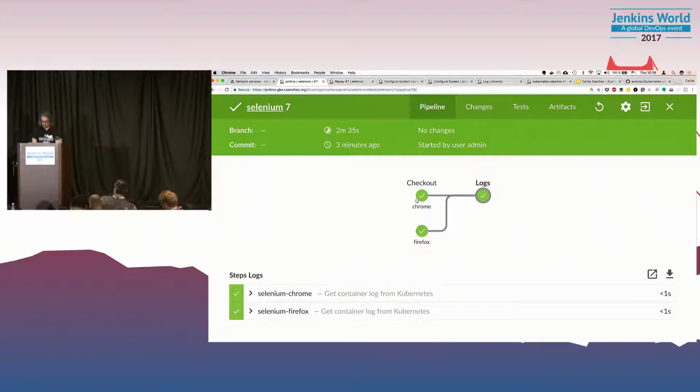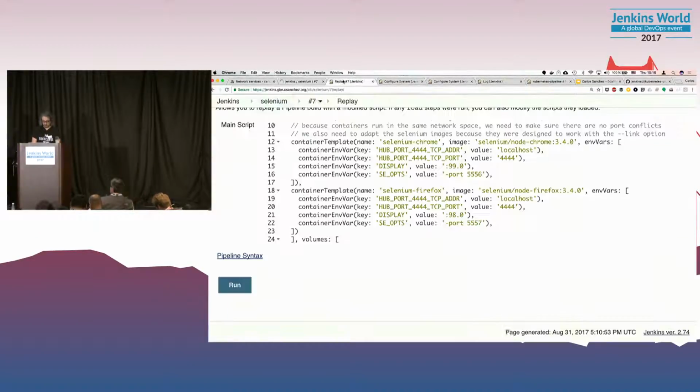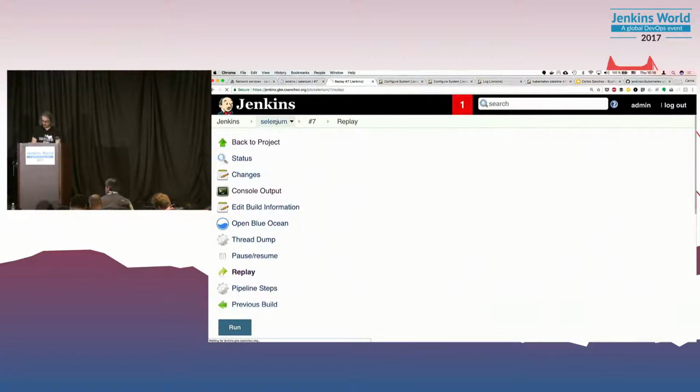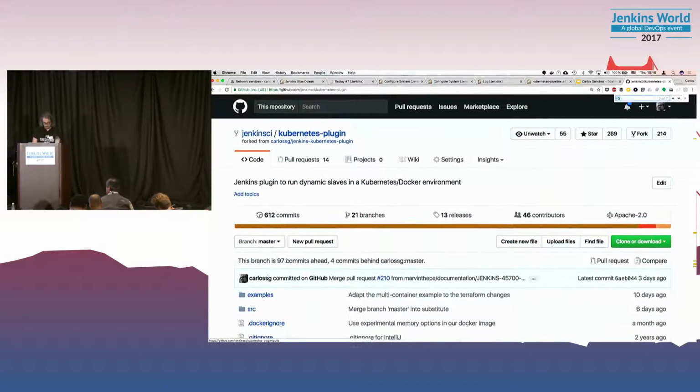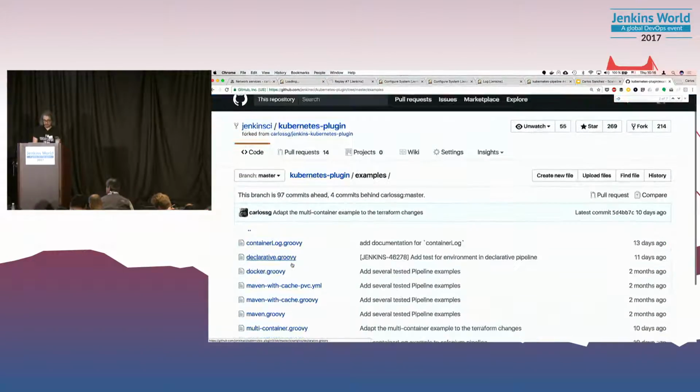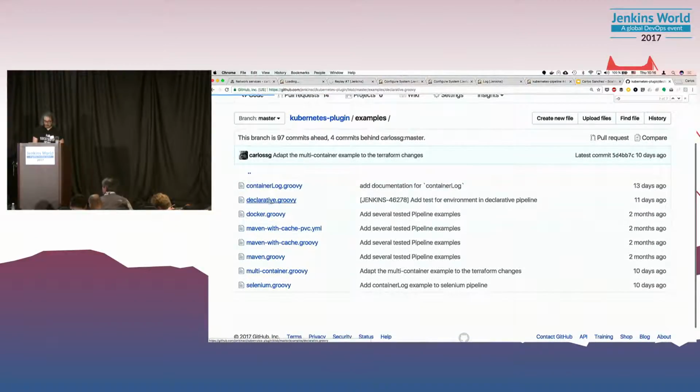Let me show you another example, the declarative one. I think that's going to be it for today. Did we lose the internet? Okay, well, I'll show you here if this is not loading now. You can find the examples here under the Kubernetes plugin. With declarative,